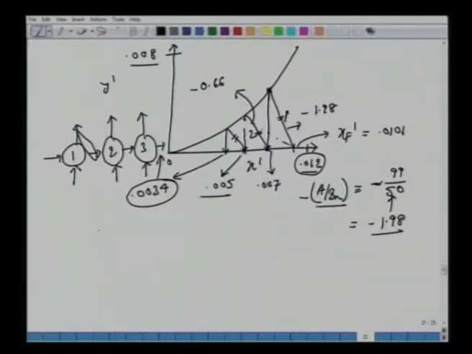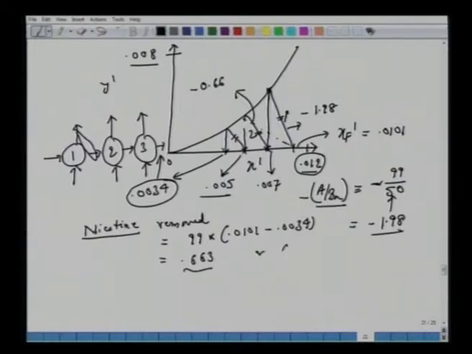All right, so what do we answer here? How much nicotine have we removed? We had 99 kg of feed. We started with 0.0101, minus, now we have brought it down to the level of 0.0034. This number is 0.663, or 66.3% removal. So compare this number, 66.3, with the earlier case where we had 58% removal. We see the advantage here of using 3 stages, multi-stage instead of a single stage.